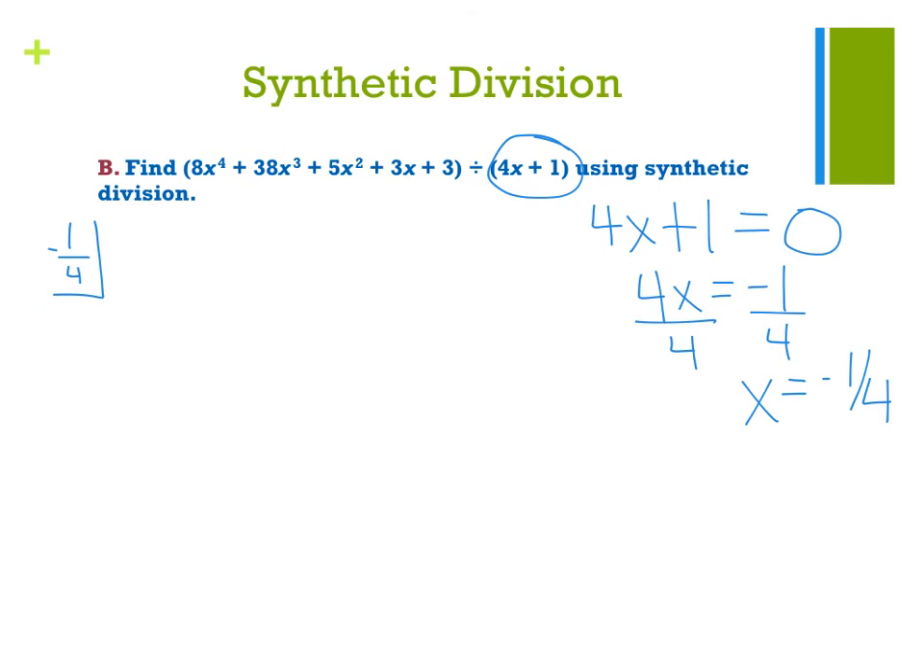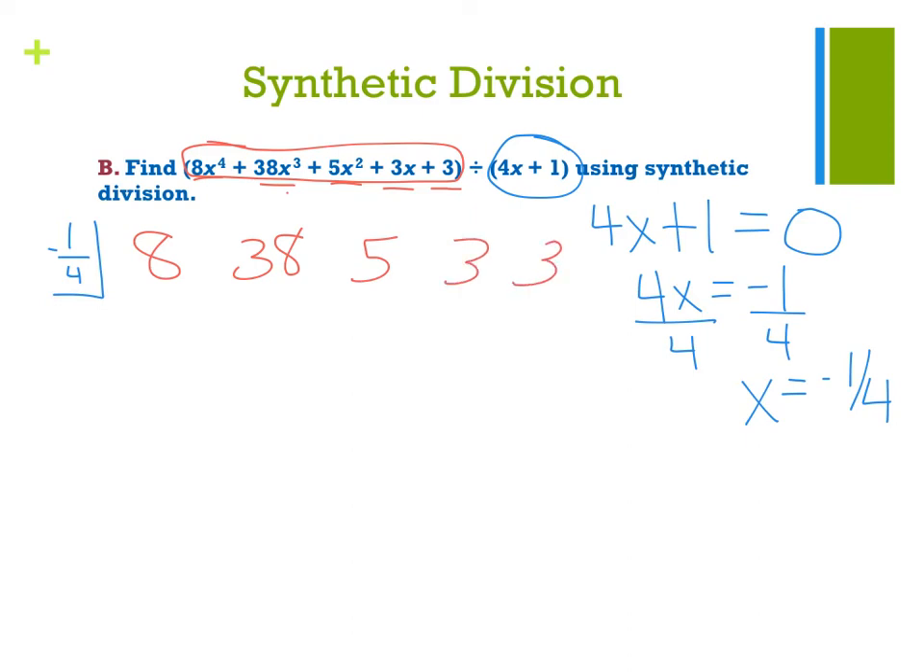Again, I'm going to double check my dividend right here, this function that we're dividing into. Make sure we have no terms that are missing. So we have an x to the fourth, an x cubed, an x squared, an x to the first, and a constant. So we have 8, 38, 5, 3, and 3. We're not missing any terms. Every term is accounted for, every power is accounted for, because starting with 4, it descends by 1 each term. So we have 4, 3, 2, x to the first, and then remember this is really x to the 0